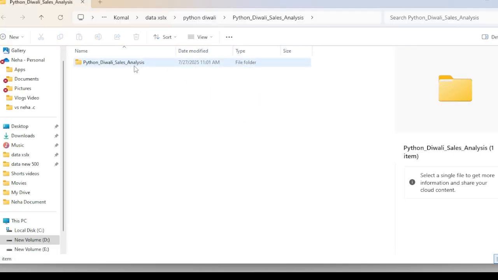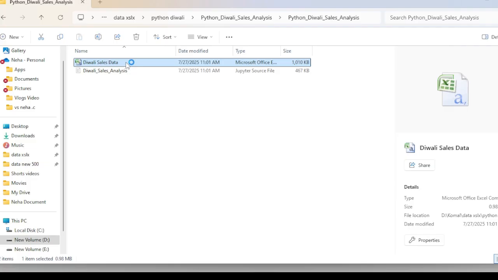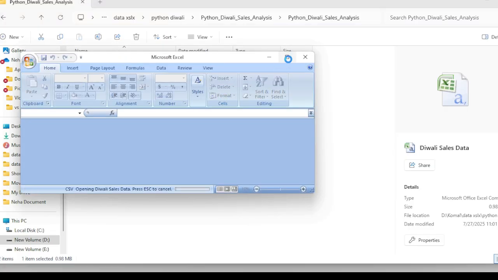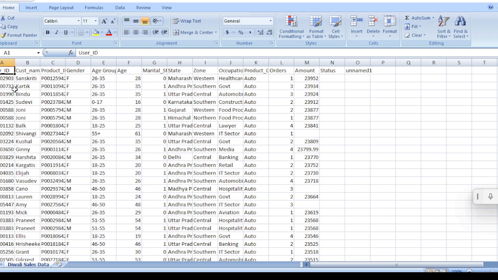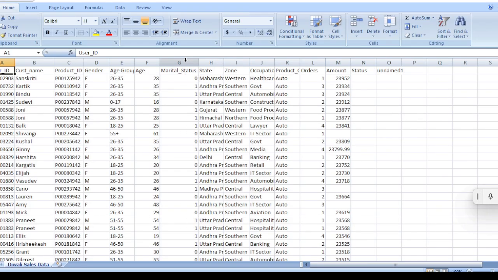So it is extracted and there is a Python Diwali sale folder and this is our file. So I only choose the CSV file. So I click here and I first show the data. So this is our data: user ID, customer name, product ID, gender, age group, age, and the age group is like 26 to 35 and just a fixed age like 28, and marital status like 0, and state